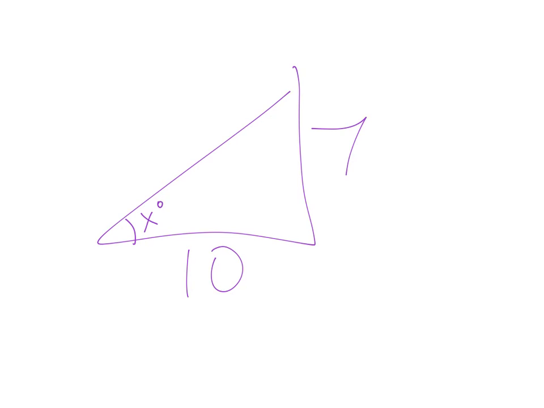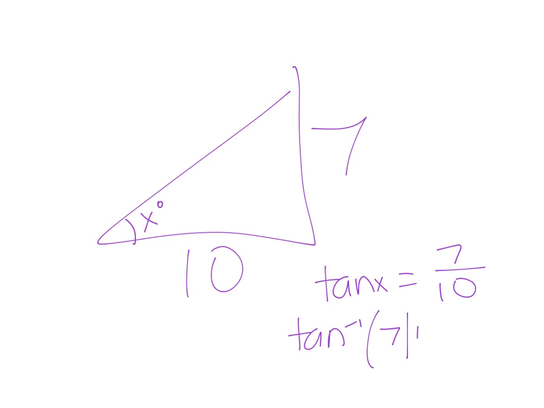Tangent, right? In respect to that x, you've got opposite and adjacent. Everybody sees that? So this would be tangent of x equals 7 over 10, and then I would do tangent inverse of 7 divided by 10. This is 34.99, so this would be 35 degrees. Alejandro. How would you know on the example 4 that 3.8 degrees